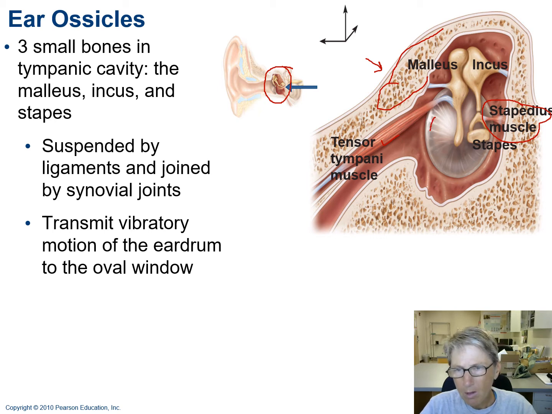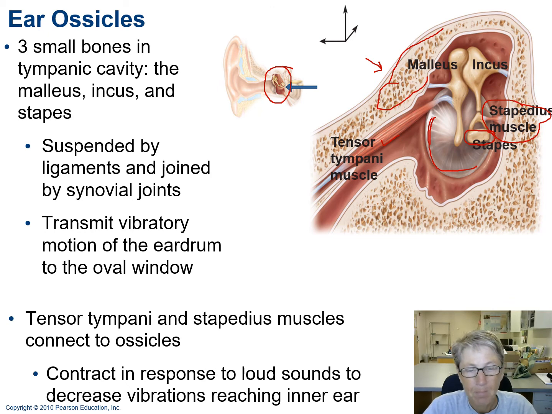So this guy, let's see. So the vibratory motion of the eardrum here through the bones to the oval window, which isn't really, well, here's the stapes. So this must be the oval window in the front, but it's not showing it. But anyway,